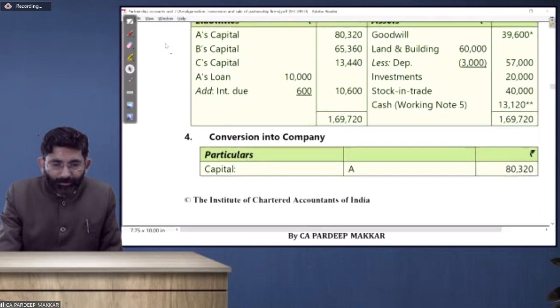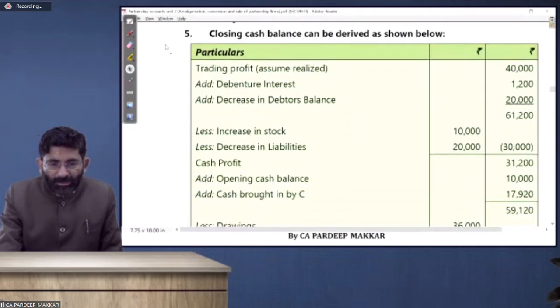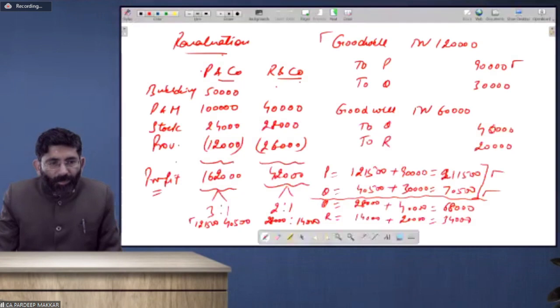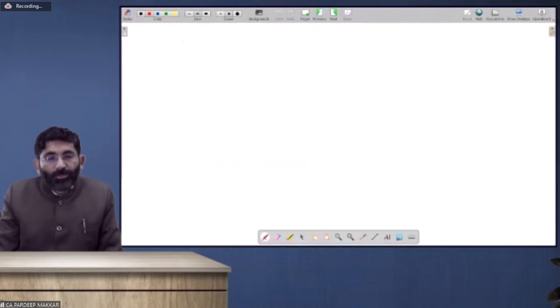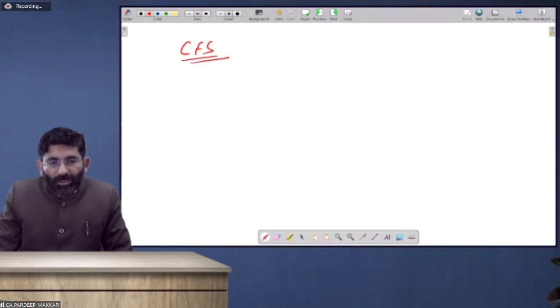Now see how to calculate the closing balance. It is very simple and easy to calculate if you remember your cash flow statement concept. I would like to explain it also so that you can review it. You are also doing financial management. In that you have done how to prepare the cash flow statement. In the cash flow statement, what are we doing,